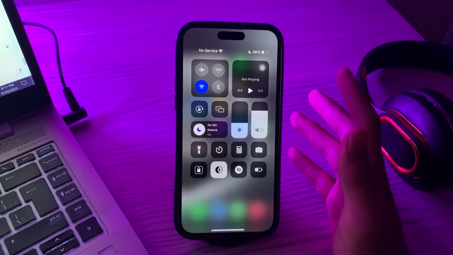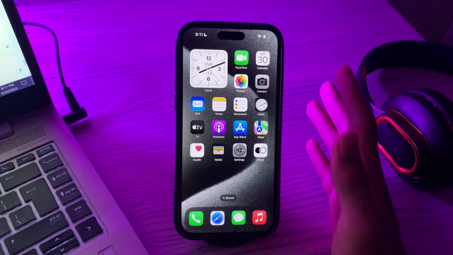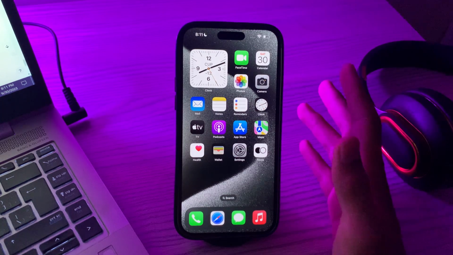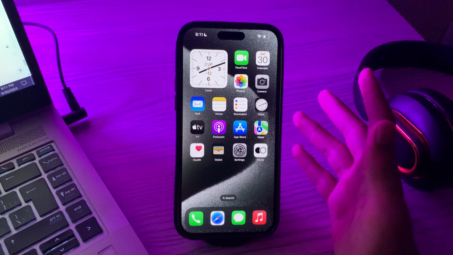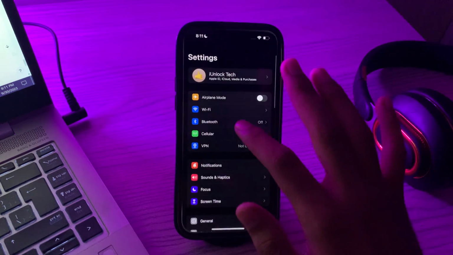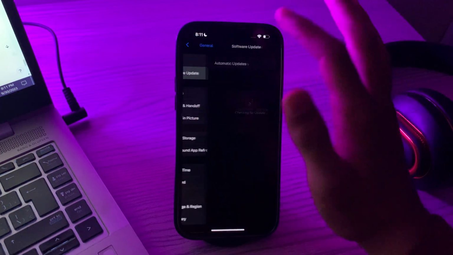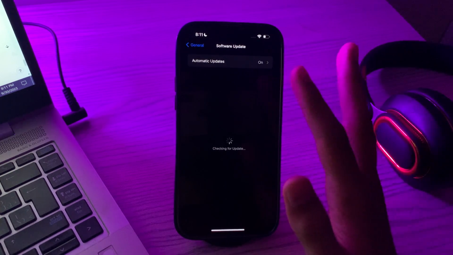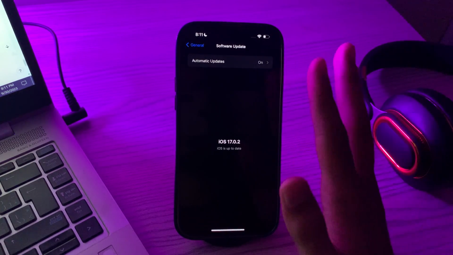After checking your internet, then you have to check for iOS update. Make sure your iPhone is running the latest version of iOS. Outdated iOS versions may have compatibility issues with the app. Simply go to your settings, then tap on General, tap on Software Update to check for update. If there is any update available for your iPhone 15, then simply update your iPhone 15 to the latest version